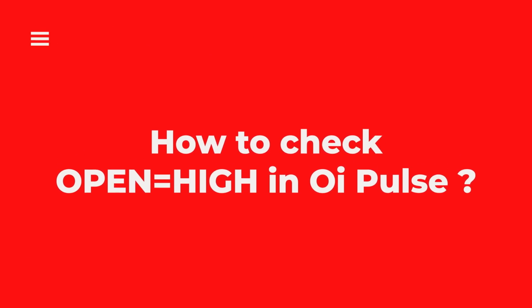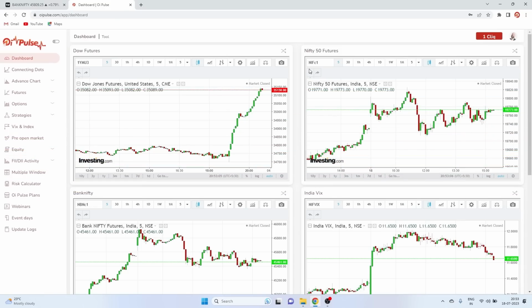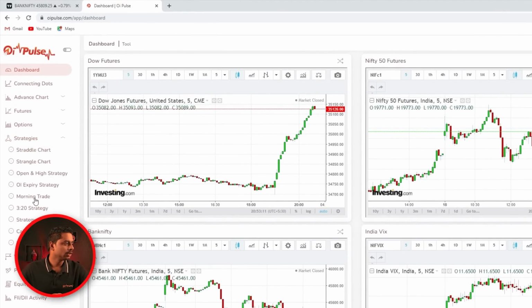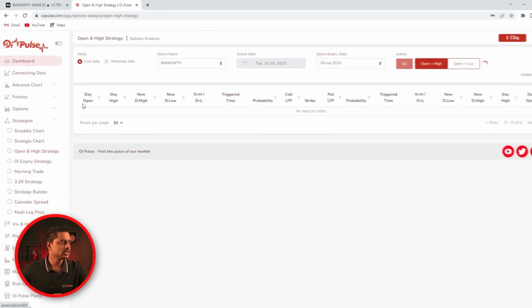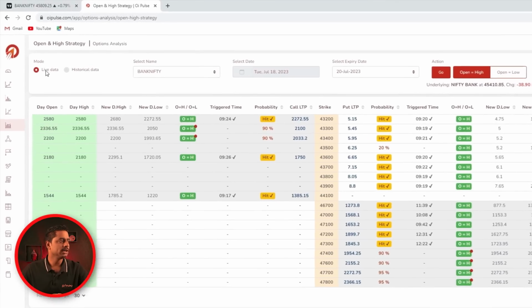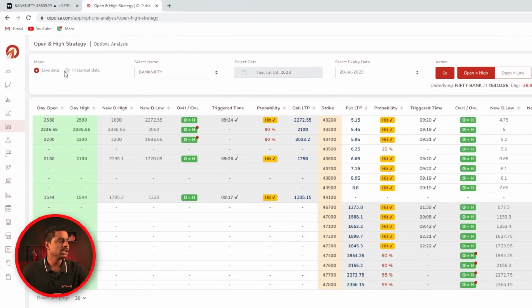Now we'll see how to check open and high on OI Pulse. For that, log into your OI Pulse account, go to the strategy menu, then click open and high strategy. Once you click open and high strategy, it opens like this. By default, it would be in live market. If you want to check any historical data, you can click here and check historical data like this and